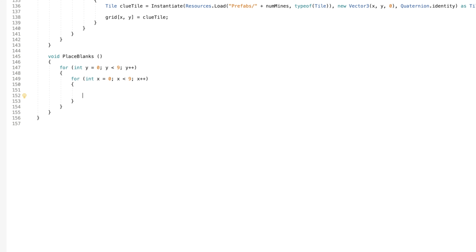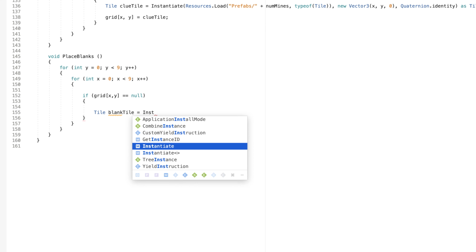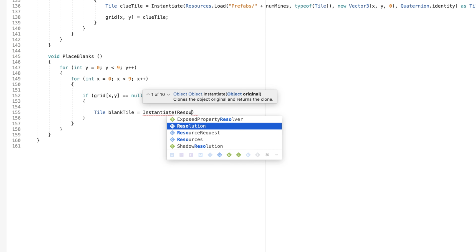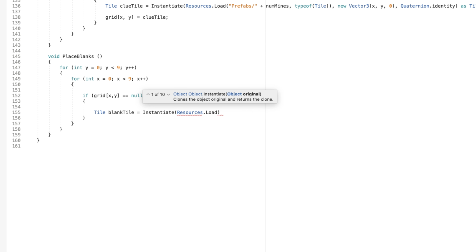So if grid xy equals null, right? There's nothing at the grid. Then we'll want to place a blank. So the way we do that is we create a new tile. We'll call it blank tile. Instantiate resources dot load prefabs plus